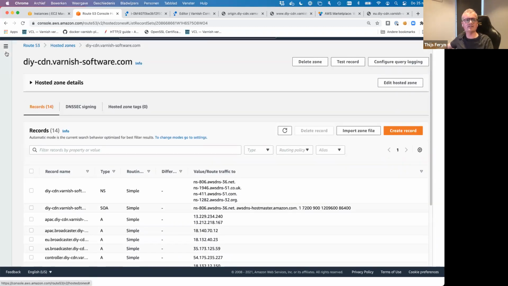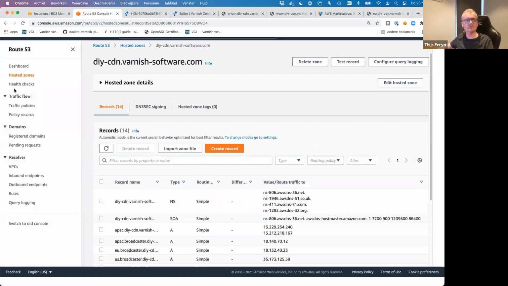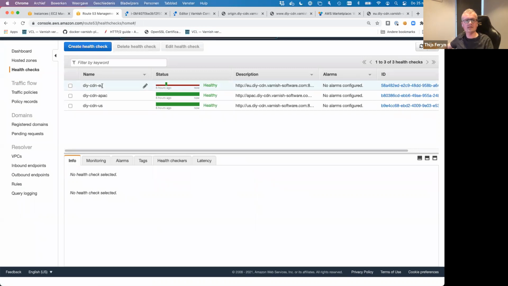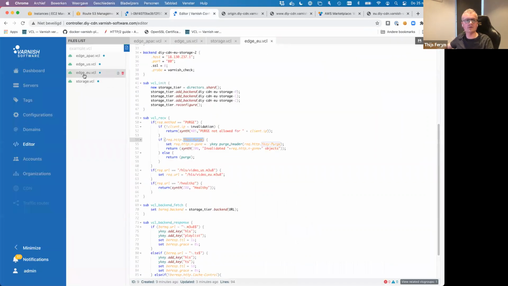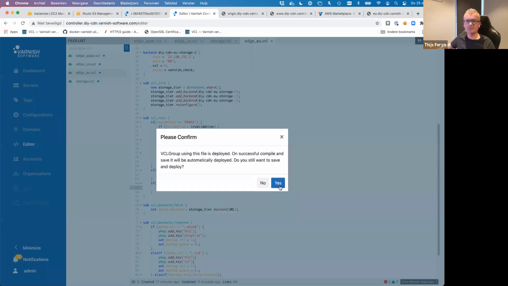So remember these health checks that I showed you, which I will show you again. This EU health check is currently considered healthy, is pointing to that endpoint. And as long as the health Z returns the valid status code, this entire region is up and running. What I will do now is I'm going to use some trickery and make sure it's no longer up and running. So if I go to the EU and set this health to 503, which is not good, and then down or anything like that, and I press the button